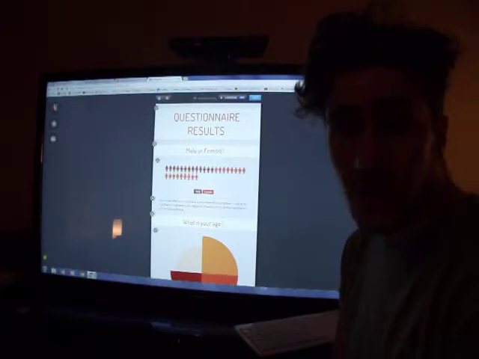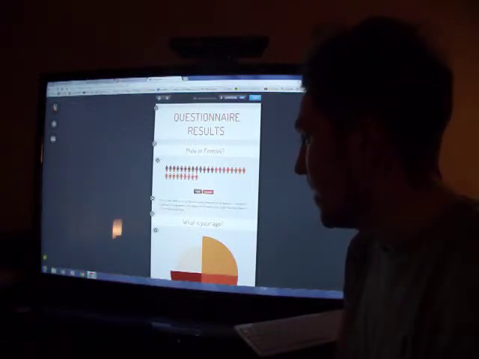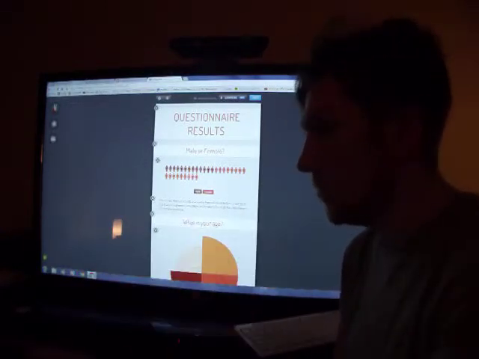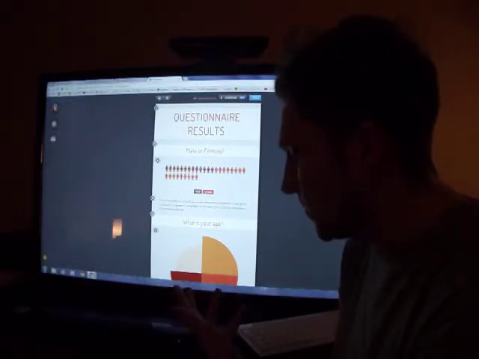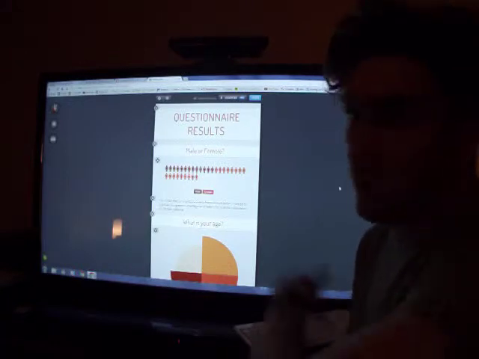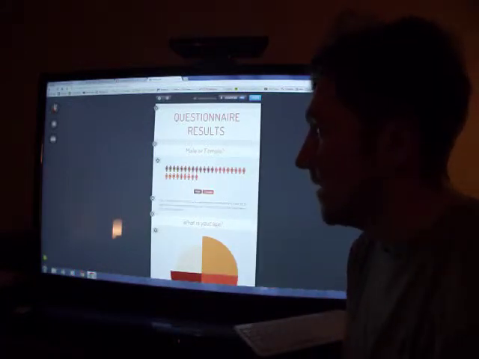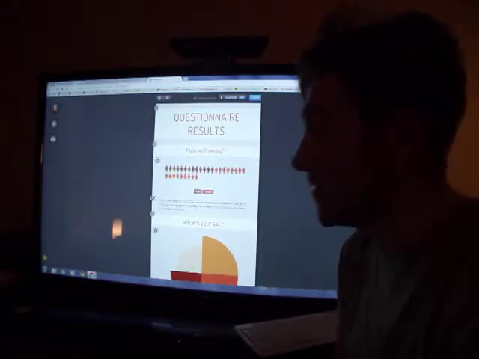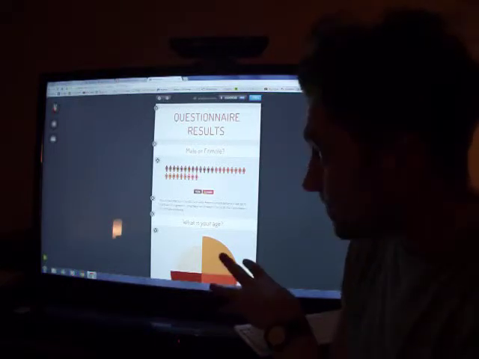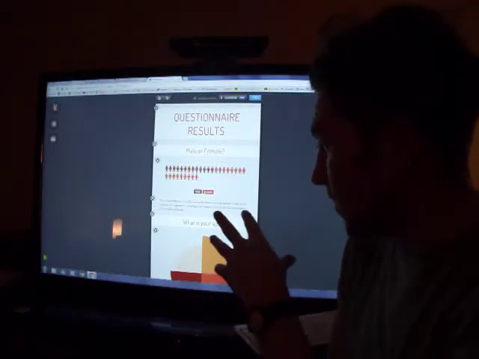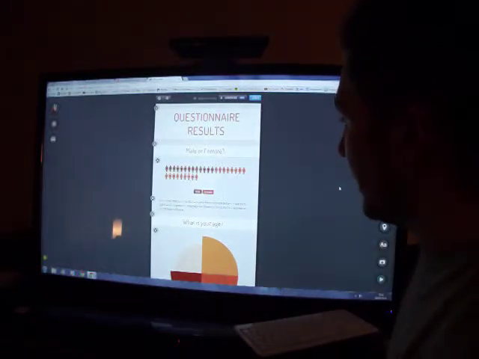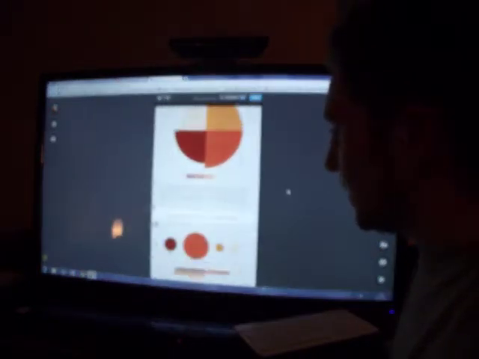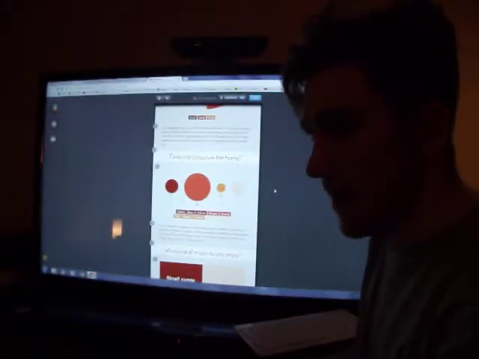Some are better suited to different kinds of information than others, and Infogram helps you to quantify certain things and put them into a graph form. And then again, we did the browns and creams theme, which was popular in our questionnaire, just to tie everything in together. So it's just online software. You just log in, it's free to use, but when you do create a free account, it just adds the